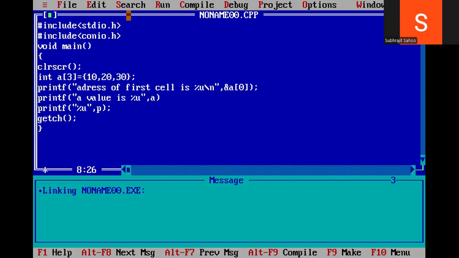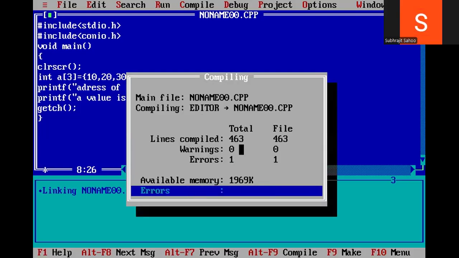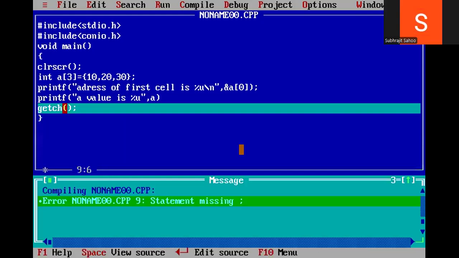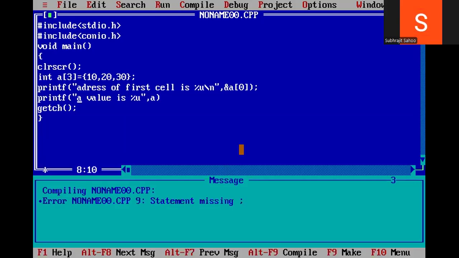Okay, observe, sir. I have not declared any pointer variable here. Only two statements I want to print here. Okay, what are the two statements, sir? The address of the first cell and the value of a. The value of a. Okay, observe, Alt F9. An error came, so the getch statement is missing. Okay, here the statement semicolon is missing. Alt F9,